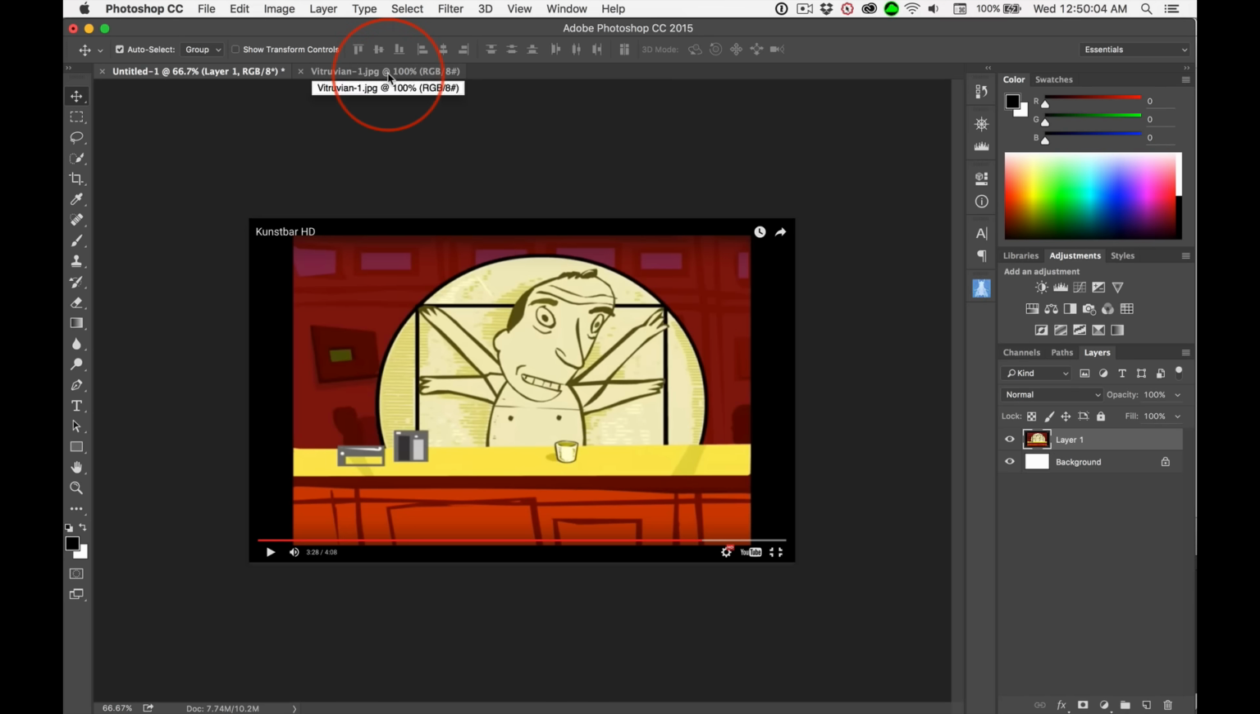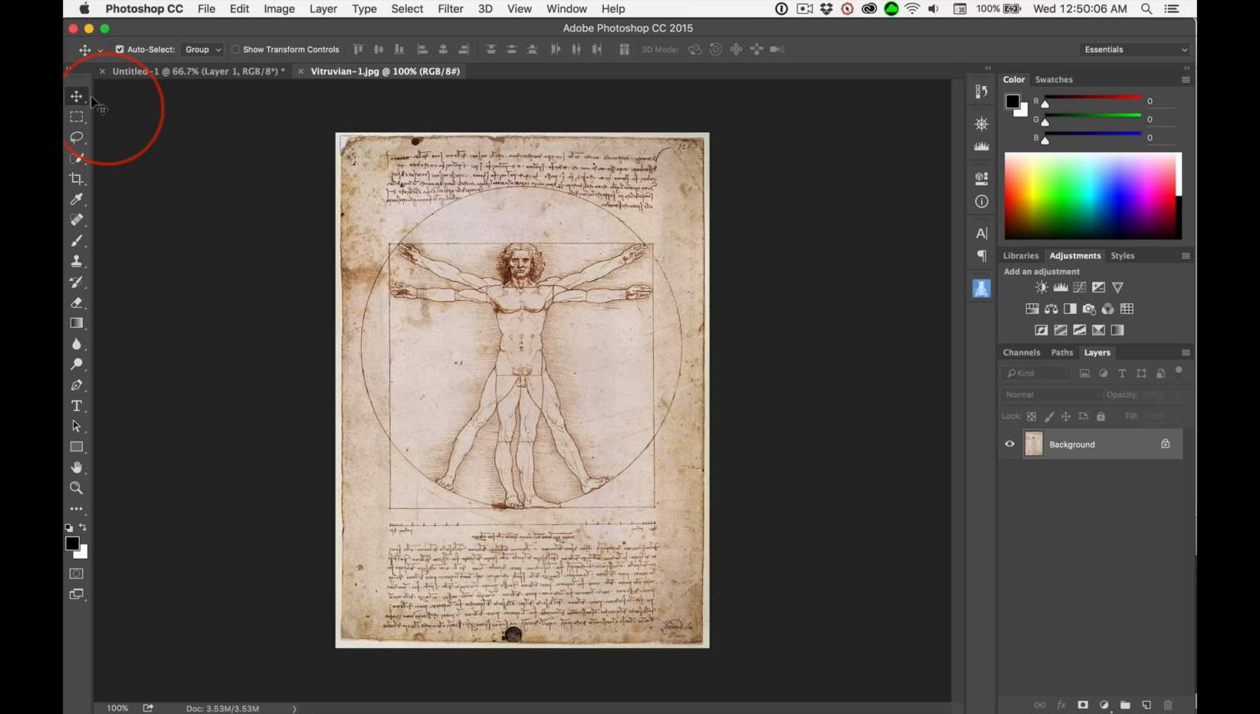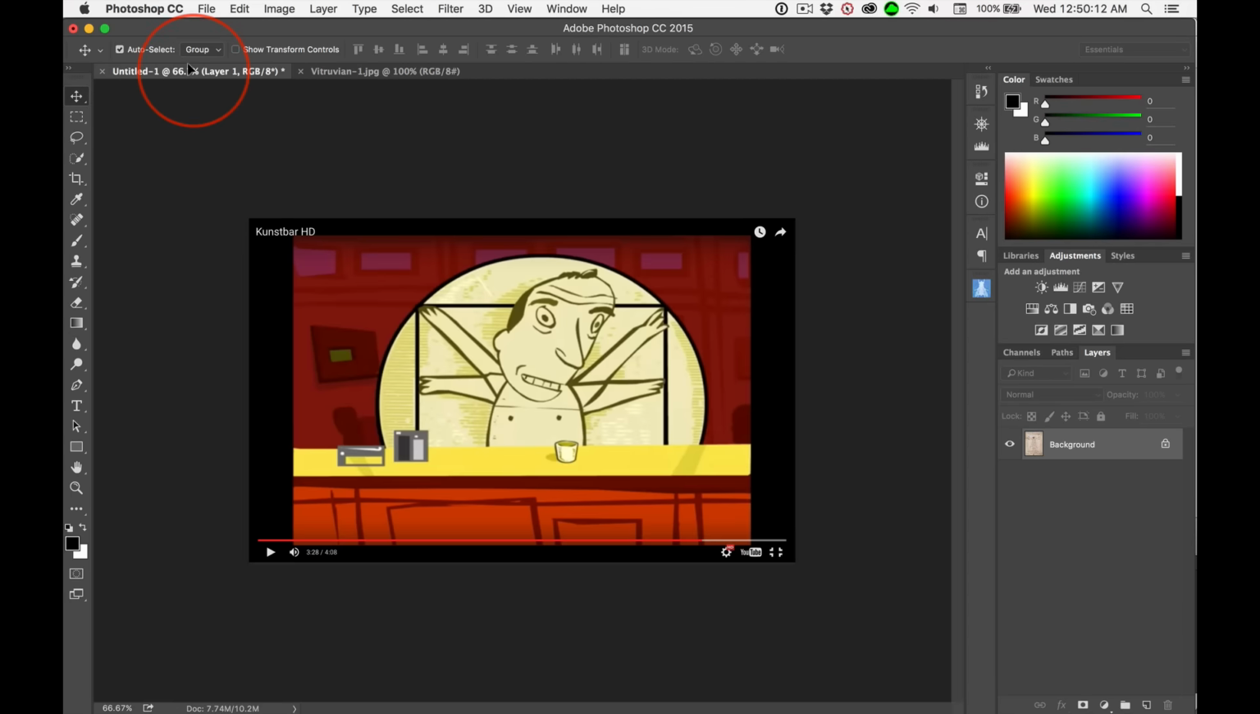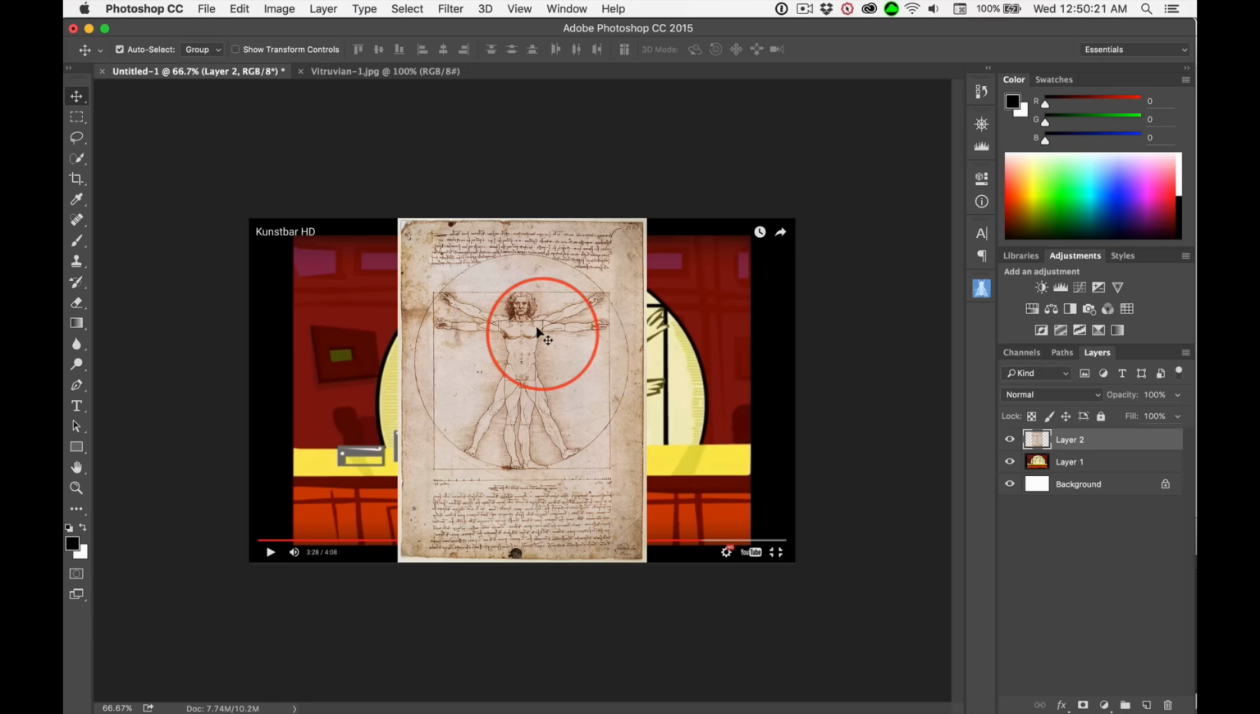Then we can come over to Vitruvian Man, and with the Move tool selected, I'm just going to click and drag up to this tab, and as soon as I hover there for a second, it switches over. Now I haven't let go of the mouse yet. I'm going to hold down Shift and then let go of the mouse while still holding down Shift. Now this is not acceptable for your scene and attribution, the image associated with it,